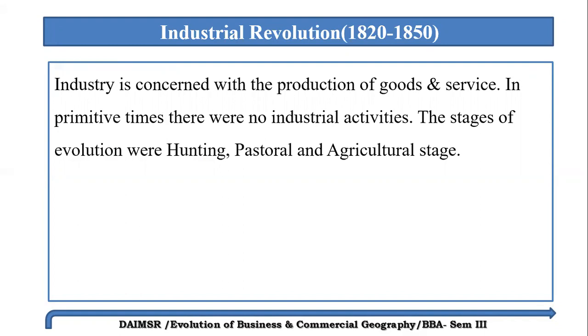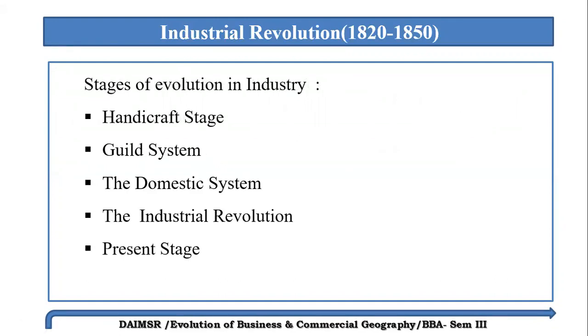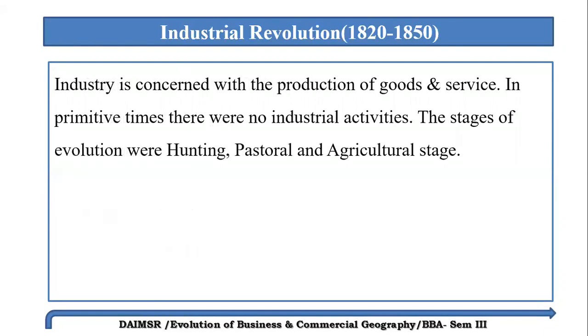Hunting was the first stage in the evolution of man. The needs of man were limited only to food, clothing, and shelter. This was an economy of self-reliance. Gradually, men entered the pastoral stage, that is called the rural stage, under which he started domesticating animals for milk, meat, and skin. He lived near the banks of lakes and rivers because of the availability of grass and water.